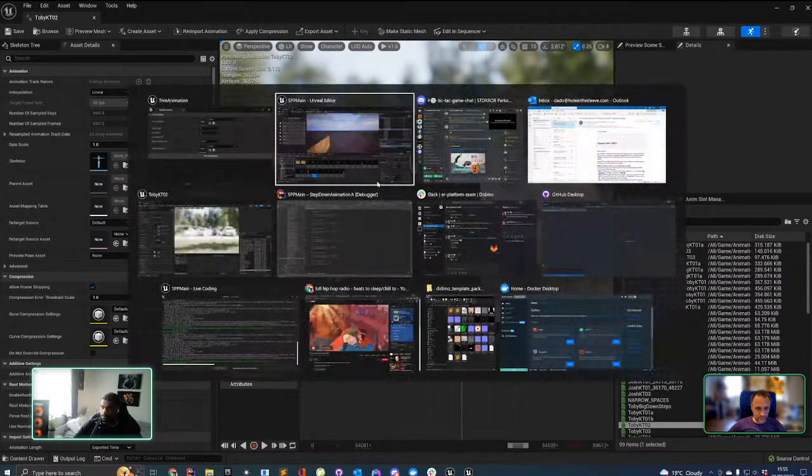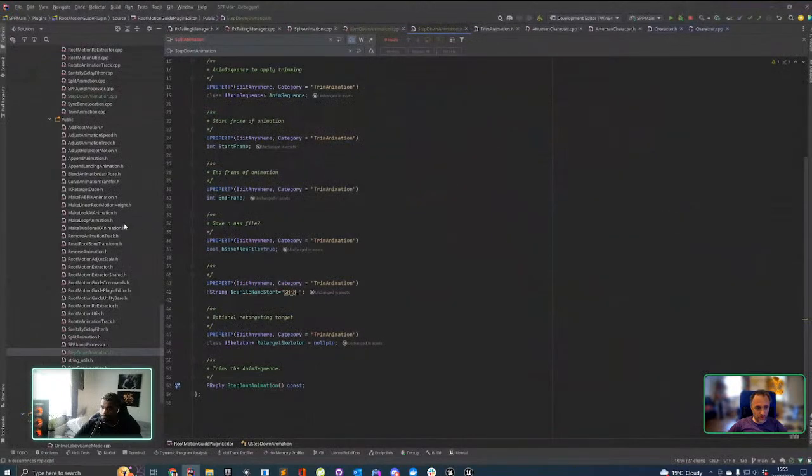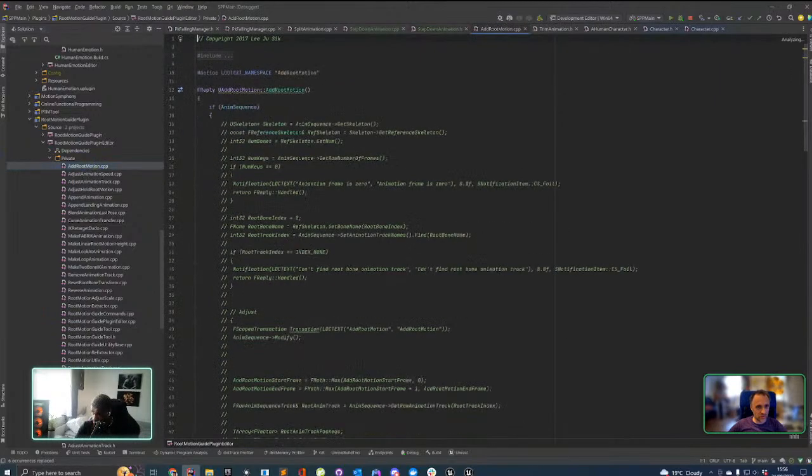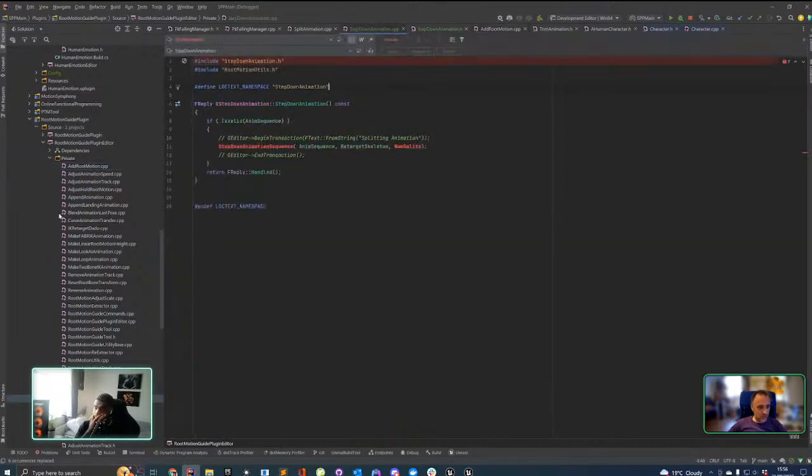Basically, if you look into our root motion guide plugin, this was originally a plugin made by a Korean guy, very good guy. Shout out to him. Let's see if we can still go there. Yeah, Lee Ju Sik. He made this very nice framework, and we bought it a few years ago. I always use it as my baseline for creating widgets, because it has a sensible